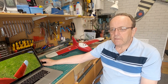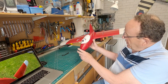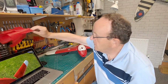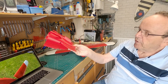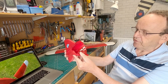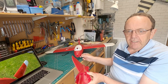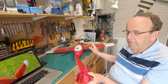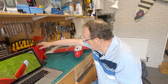I got home and started inspecting it, and the damage was all around here, as you can see. This was the original fuselage. So what I decided to do was see if I could patch it up enough to get it in the air, and once I've got it flying nice and trimmed out, I will then print a new fuselage for it. So all I did was cut bits and pieces out,